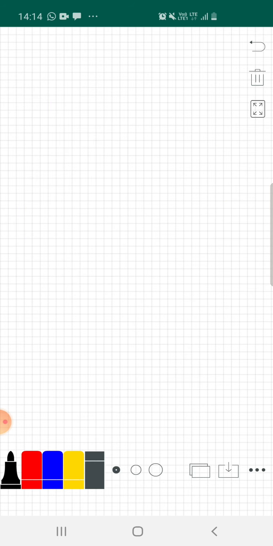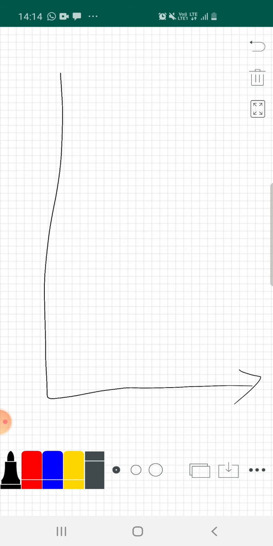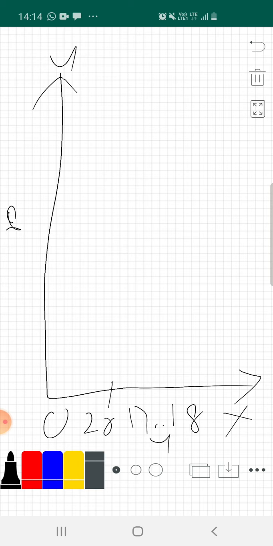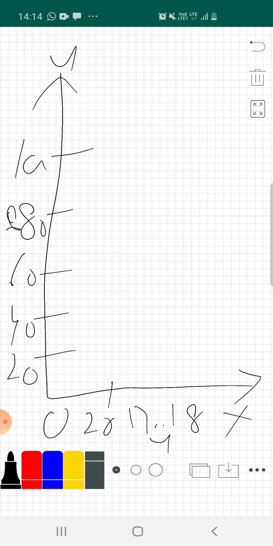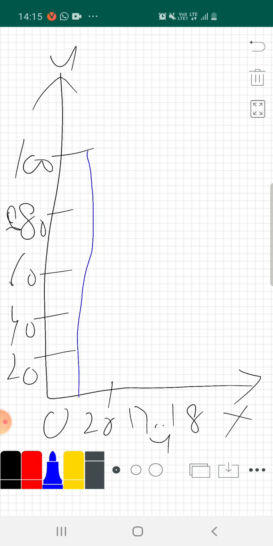See how I will draw. This is the OX axis, OY axis. On the OX axis we are showing year, and on the OY axis we are showing production. So for the year 2017-18 I am showing, and for 18-19 you can draw it yourself, it will remain the same. Here I am showing the figures by taking a gap of 20, 40, 60, 80 and 100. Now start with the first. What is the sum total? That is equal to 100. So plot your bar up to 100 first of all.